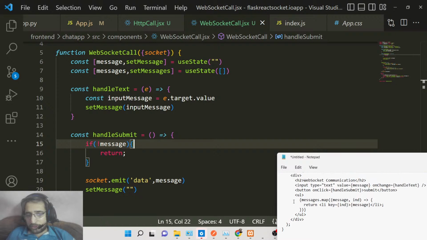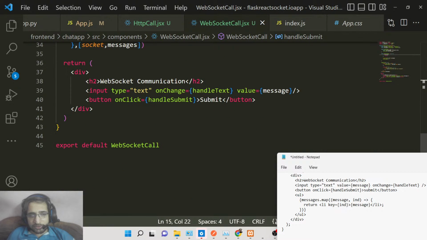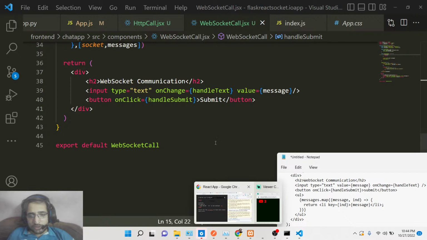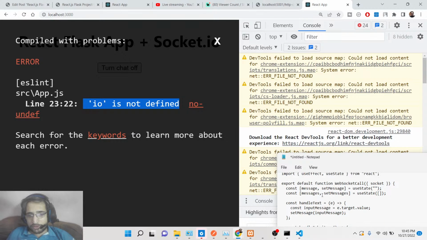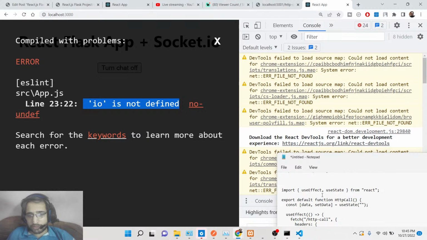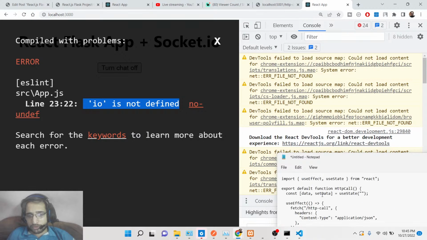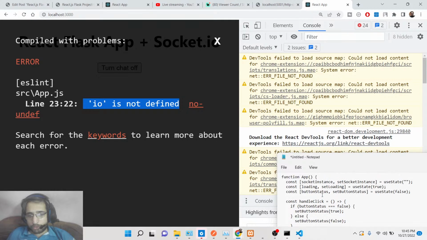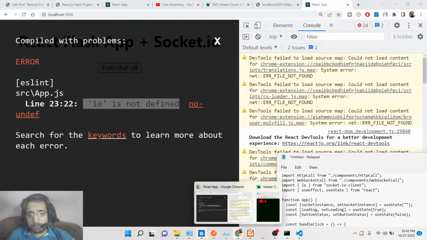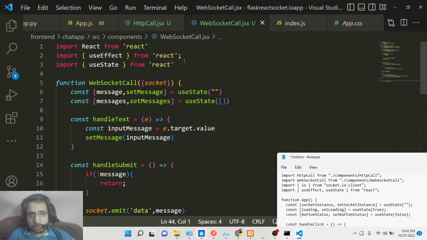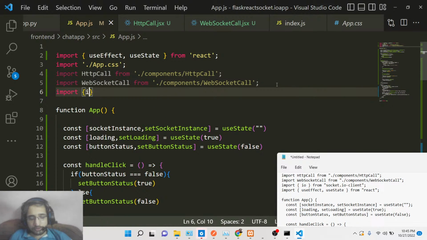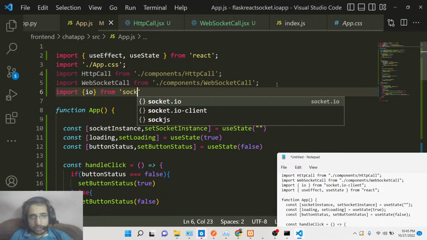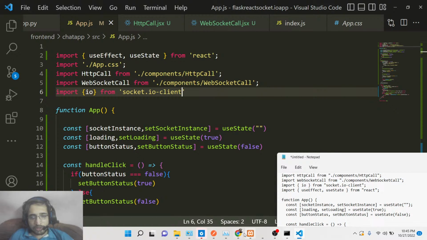So hopefully this application works, and once again guys, we need to render out all these messages. But if I now execute it, you will see io is not defined. Basically guys, we also need to import the io. So this io will be imported from the package which we have installed. So go to app.js, and just import this io as well. This will be imported from socket.io-client. If you now refresh it,